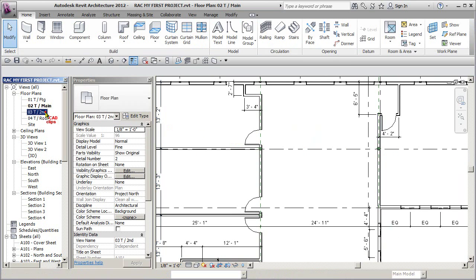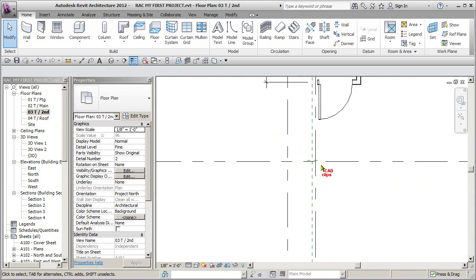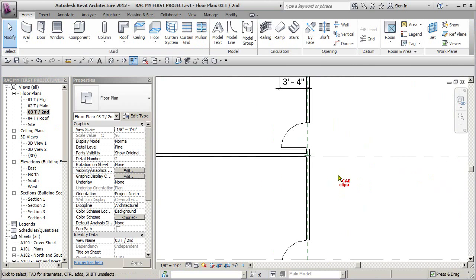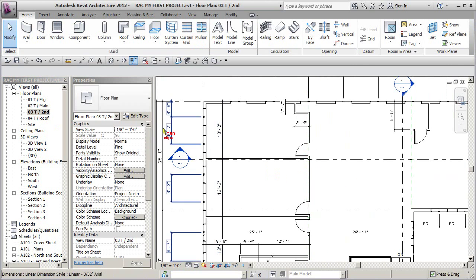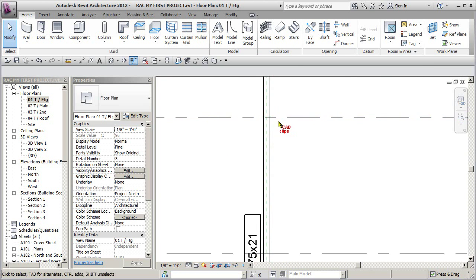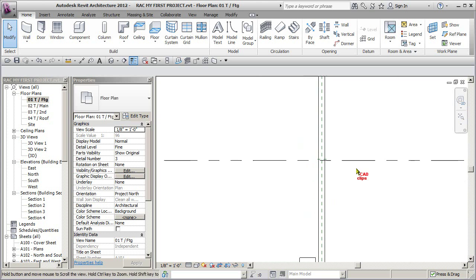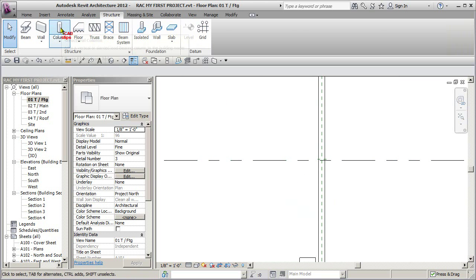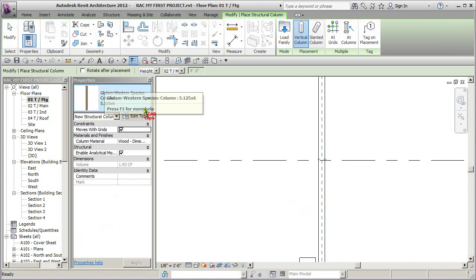Now watch when I go to my second floor, for instance, we could see where those columns are, just in case we needed to know. And on the foundation or top of footing, we now know where they are as well. So let's add in a little column here. Let's go to Structure, Column,